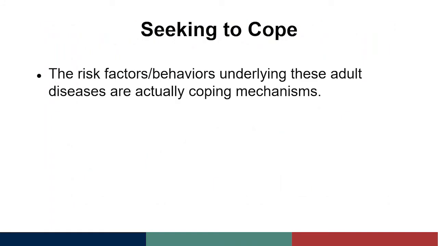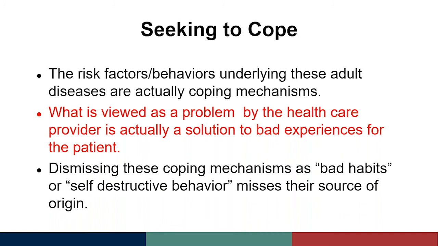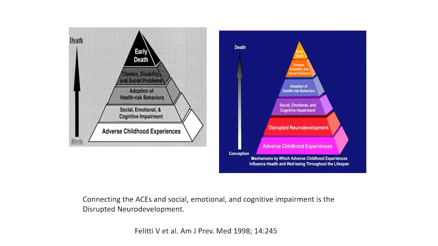So the risk factors, behaviors underlying these adult diseases are actually coping mechanisms. What is viewed as a problem by the healthcare provider is actually a solution to bad experiences for the patient. Dismissing these coping mechanisms as bad habits or self-destructive behavior misses their source of origin. So when we look at the adverse childhood experiences leading to early death, there's probably something that we can do